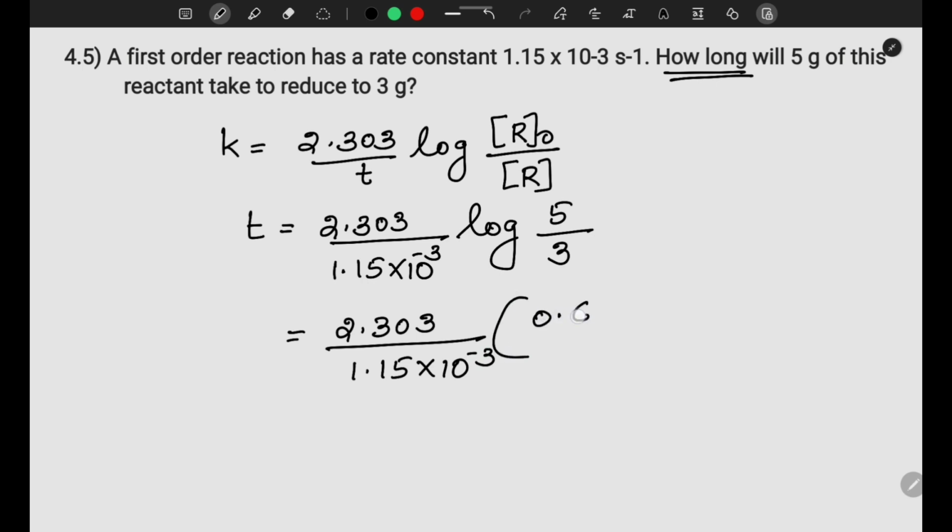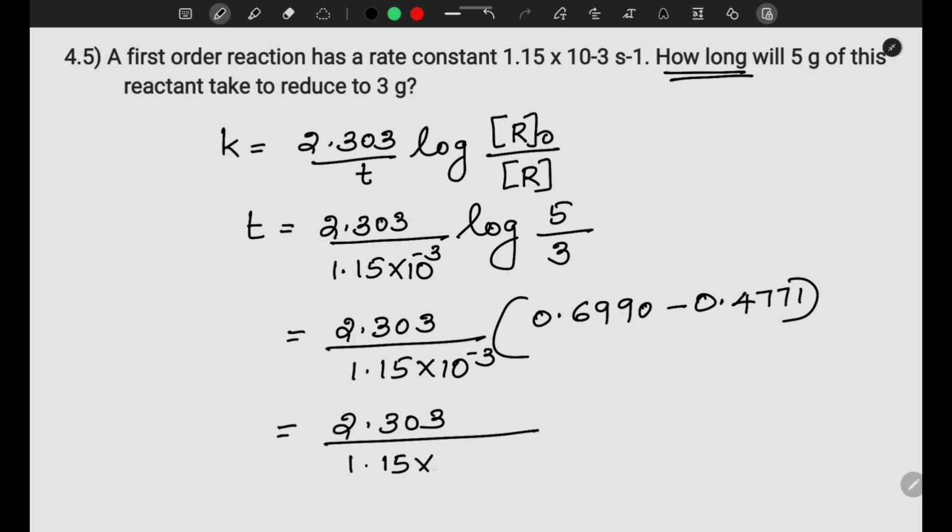Log 5 is 0.6990 minus log 3 is 0.4771. That is equal to 2.303 divided by 1.15 into 10 raised to minus 3